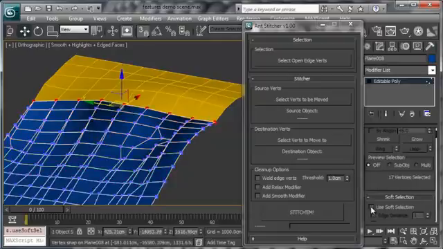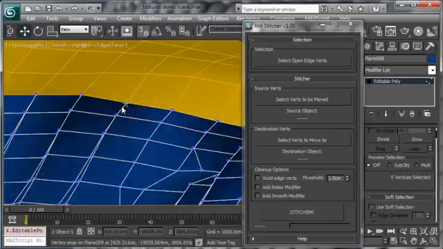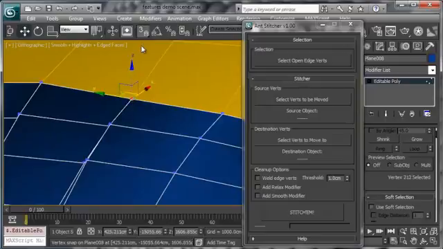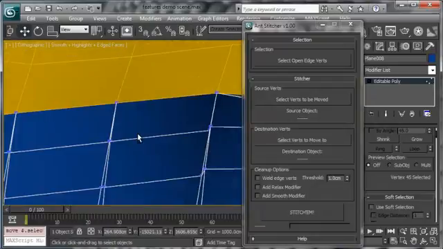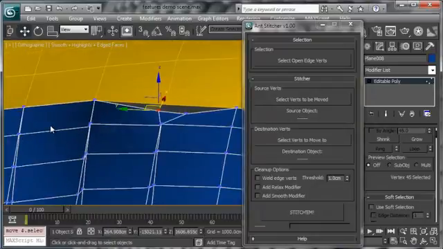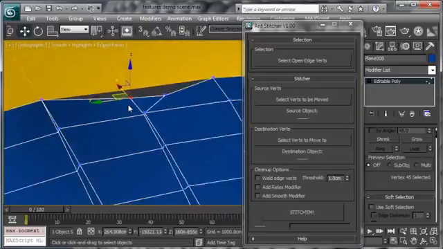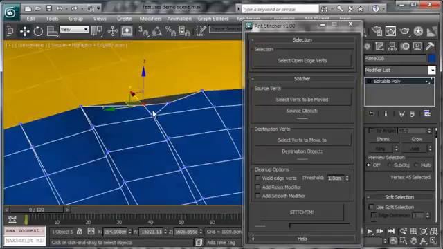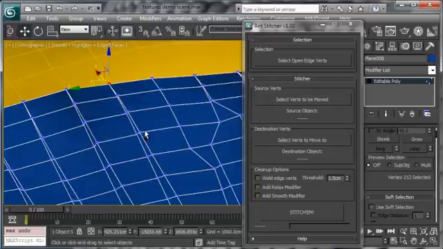So if I choose stitch them right now, you'll see how they've moved there, and actually the mesh is not that clean. So if I uncheck soft selection, and if I go here and select one of these vertices, you actually see that they are overlapping, and the mesh is not that clean. So if we undo here,